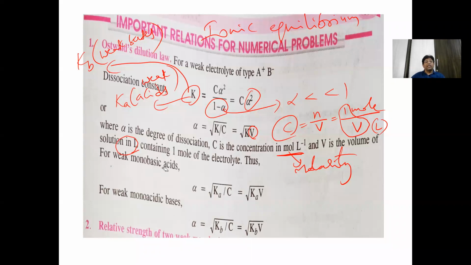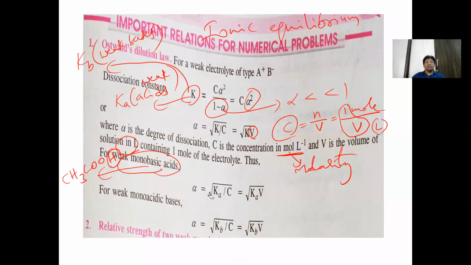For weak monobasic acids, for example CH3COOH, the molecule can produce how many H plus? 1 H plus will be produced here, so it has basicity 1. The n factor of this acid is 1. For monobasic weak acids,